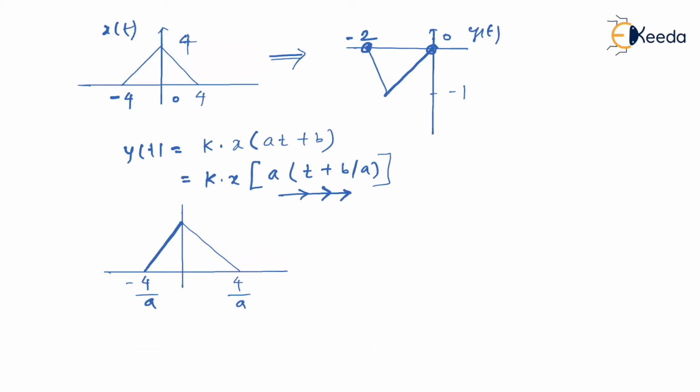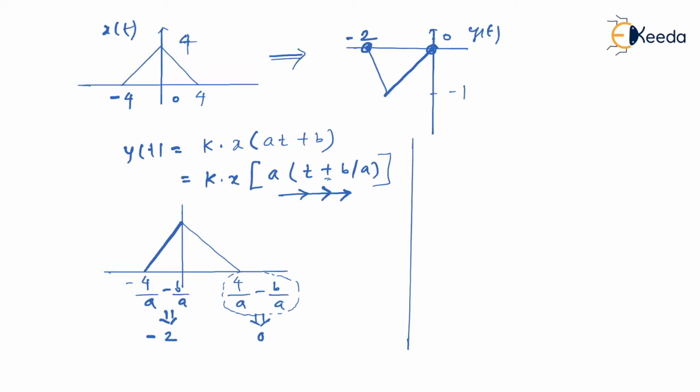Is that right? And after that, we apply shifting. So here, if it is plus b by a, we do minus b by a. See, after such modification, we know that this becomes a new lower limit which gets modified as -2, and this becomes higher limit which is 0 in this case. Is that right? So what I'll do, I'll equate this new higher limit to equal to 0.